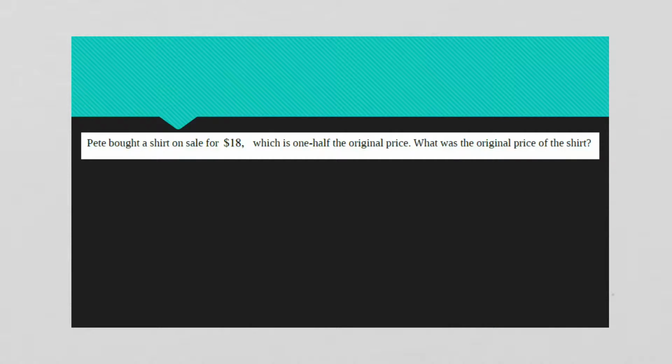Alright, so on this problem, Pete bought a shirt on sale for $18, which is 1/2 the original price. What was the original price of the shirt? Now, if it helps you, underline the question that's being asked, and then write down what you're going to let your variable be. Your variable has everything to do with what I just underlined. So I'm going to let x equal the original price of the